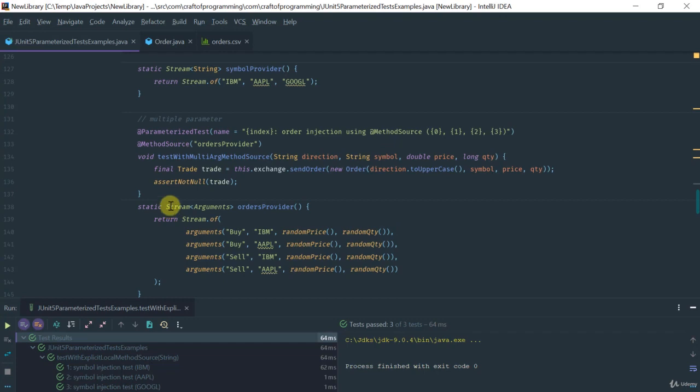So what you would do is you would have to use a collection of arguments, and this is either an actual Java collection, or a stream or an array of arguments objects. Okay, so in this particular case, I am passing in a list of parameters here, from which I'm going to construct an order object to send to my exchange,